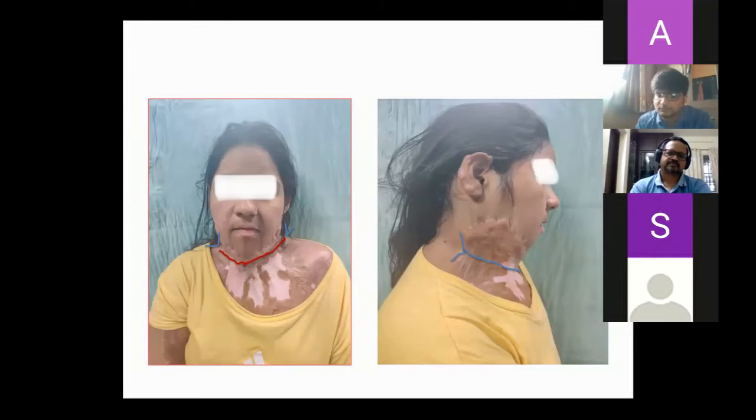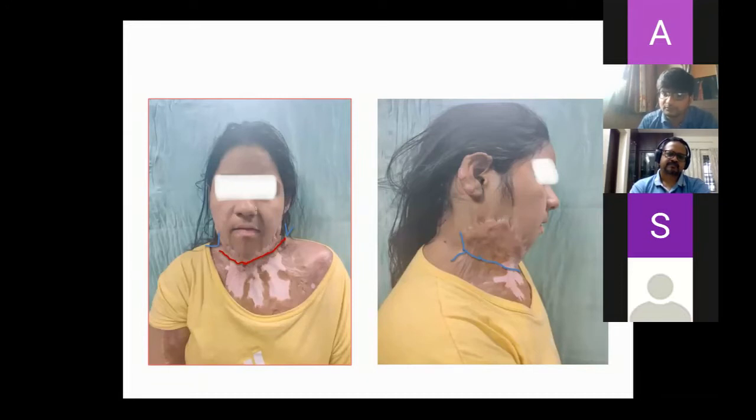Whenever you want to incise, it's something like a seesaw. You have to assume the scar is like a seesaw. When you press the summit, both the sides will go down, isn't it?